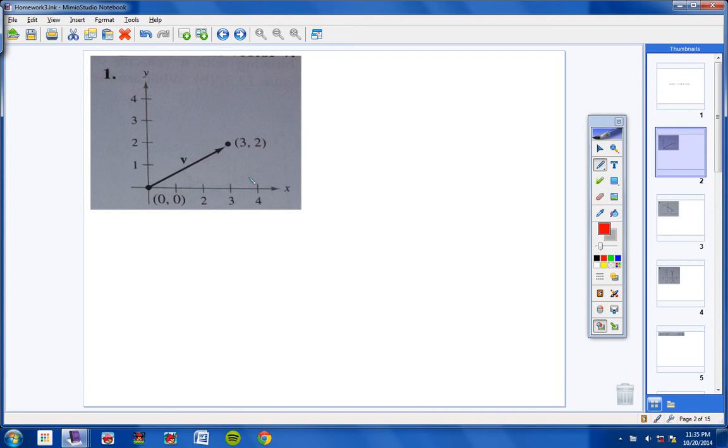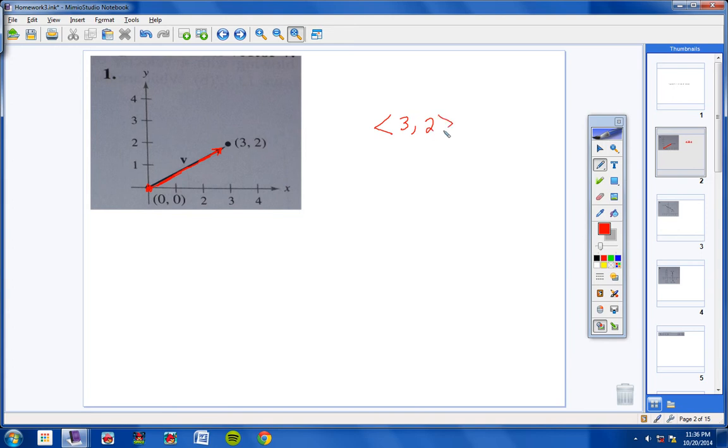It's kind of funny. Number 1 is obviously already done for us. The initial point is here at 0, 0, and so that's all we need. Whenever we're writing a vector in component form, it just simply means that it should be written with its initial point at the origin, so it's already done. So you would write it like this: